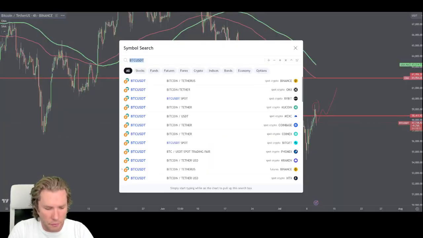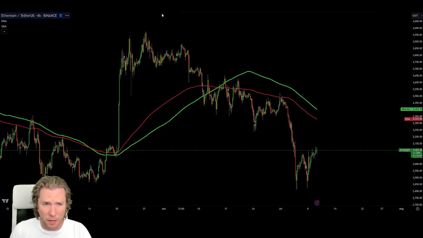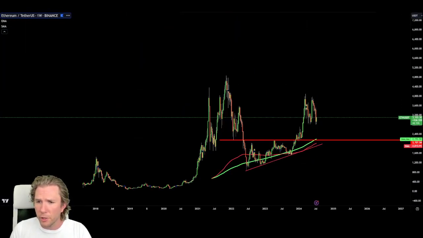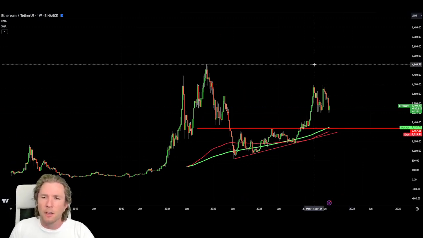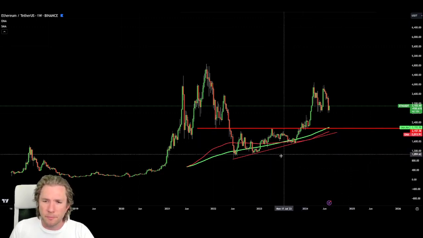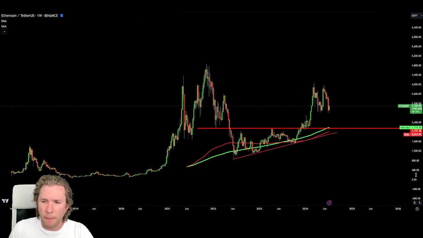Hopefully that was enough information on kind of how to look at a chart. We're going to do the exact same thing here. So we're going to zoom out to the weekly, and I'm going to show you a few things on Ethereum that you can also use to kind of put in your bag of tricks. So with Ethereum, and I want to go back to Bitcoin for a second. With Ethereum,